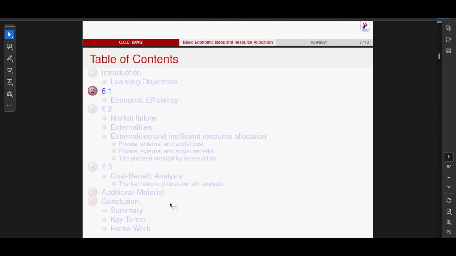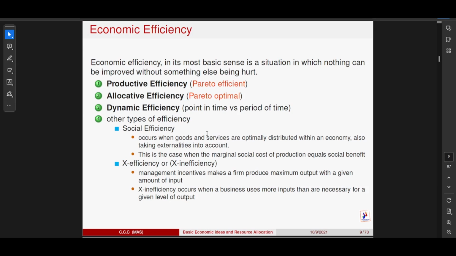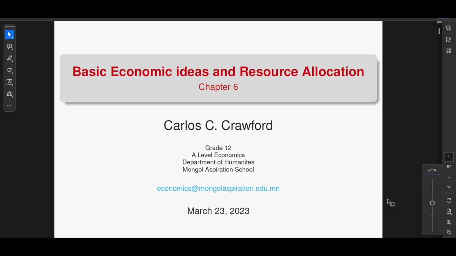The other thing that we need to understand is productive efficiency. This is also called Pareto efficiency. Allocative efficiency is also called Pareto optimal, and we have dynamic efficiency, point in time versus a period of time. And there are other types of efficiencies such as social efficiency. It says this occurs